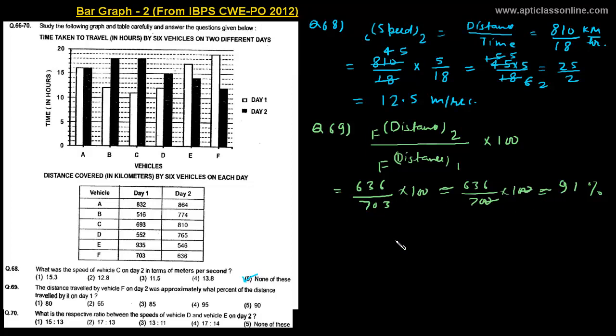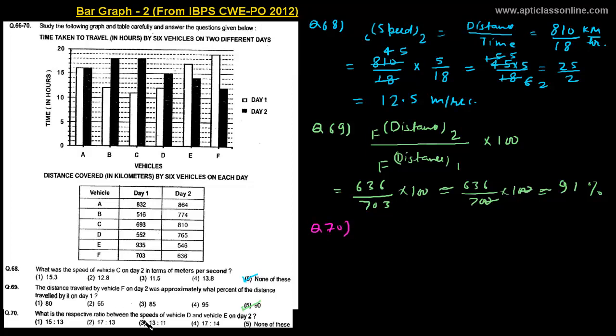But why are we getting 91% here, more than 90? Because we have reduced the value of the denominator. If we had not reduced the value of the denominator, we would have got less than 91%. So we see that the correct value is basically a bit less than 91%. That's why option 5 is correct. So let's proceed toward the next question. That is the last question, number 70.